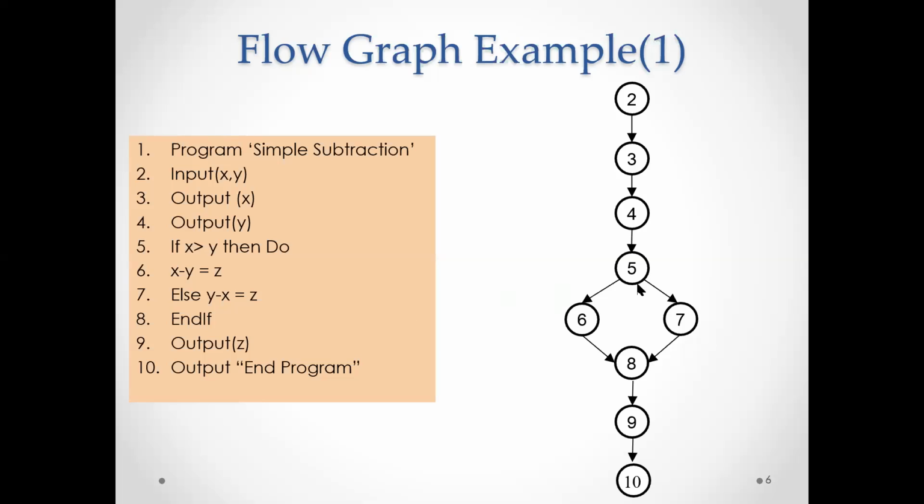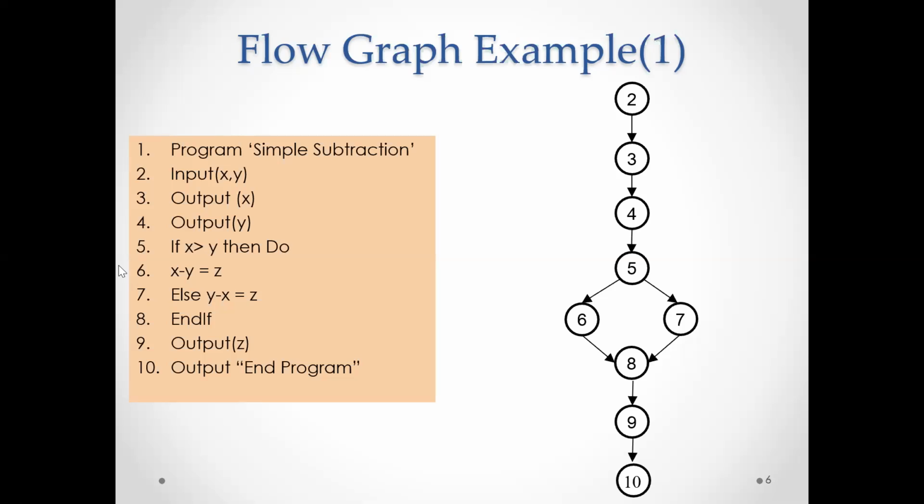Or else, if there is some problem with respect to this particular statement to be executed, that is, x is not at all greater than y. That means the other assumption, y should be greater than x, right? So y should be greater than x, then it should be going with the y minus x. What happens? One more particular thing I just wanted to share with you. If x is greater than y, then it will be done. What about equal to y?